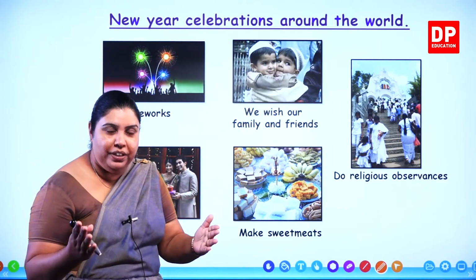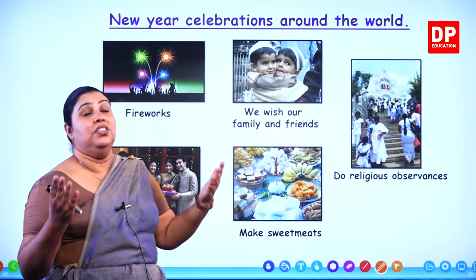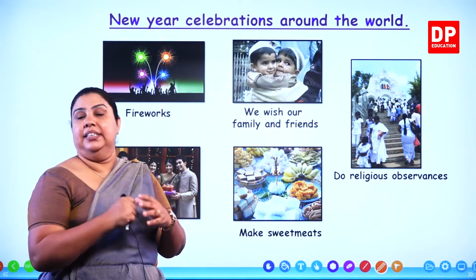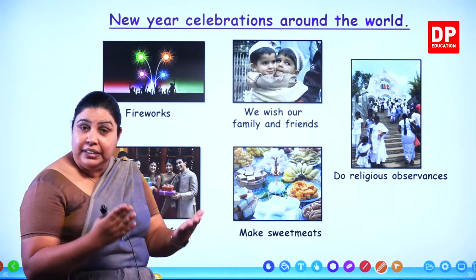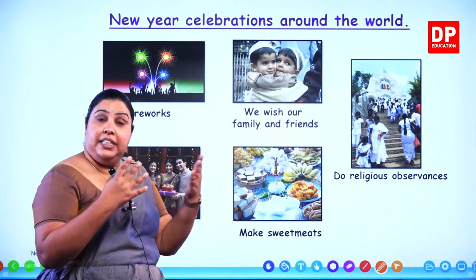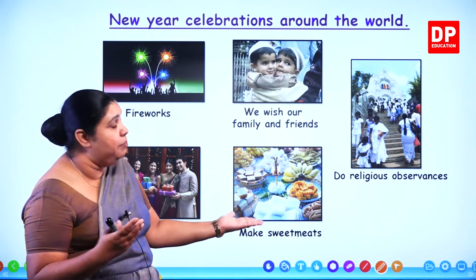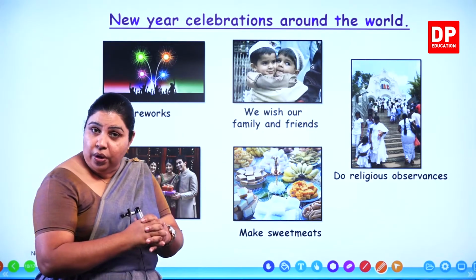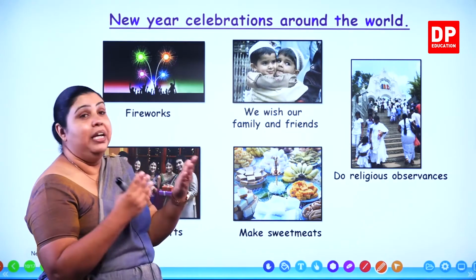You all go to the kovil, then Muslim children go to the mosque, then the temple and the church. And what do we do? We ask for blessings from whatever religion we belong to. We go on the first day of the year, on the 1st of January, as we say a happy new year to everybody. We have to go to the temple or the church, the mosque or the kovil, and we have to ask God for blessings. We have to pray and ask to bless the new year.